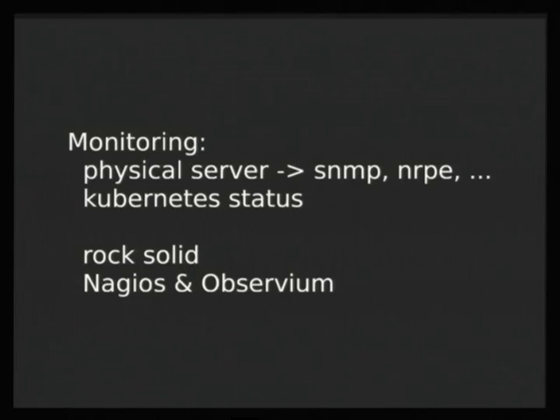And we sometimes need to monitor servers, because if it's not running, that is a problem. And our current status of monitoring is not very good, because we are monitoring just physical servers, whether they are in good condition, and we are monitoring only the Kubernetes status, because it's not very easy to go into Kubernetes and monitor each pod and container. We are using a rock-solid solution based on Nagios and Observium, but it's not as easy as I would like